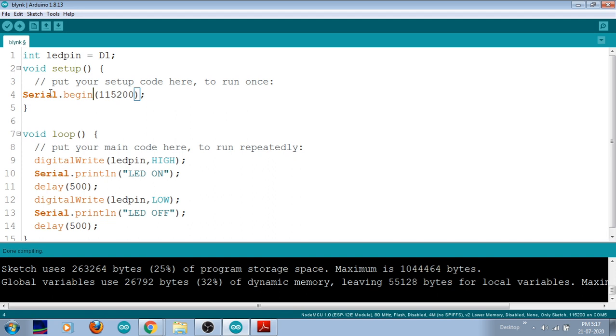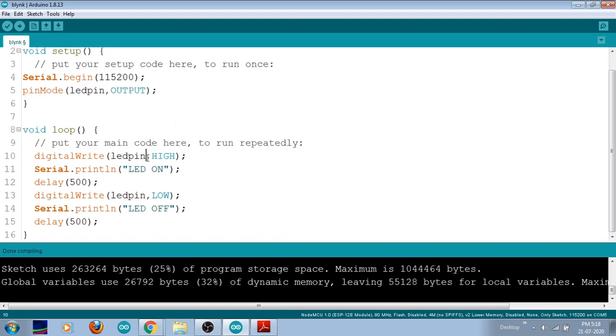And next, in the loop, I'm going to make the LED pin on for a particular duration of time and off for a particular duration of time. To ensure that this particular line has worked, I'm printing in the serial monitor that the LED is turned on. I'm waiting for half a second, 500 milliseconds, and then I make the light off and again mention it in the serial monitor as LED is off, and wait for another half second. This is how you have to program.